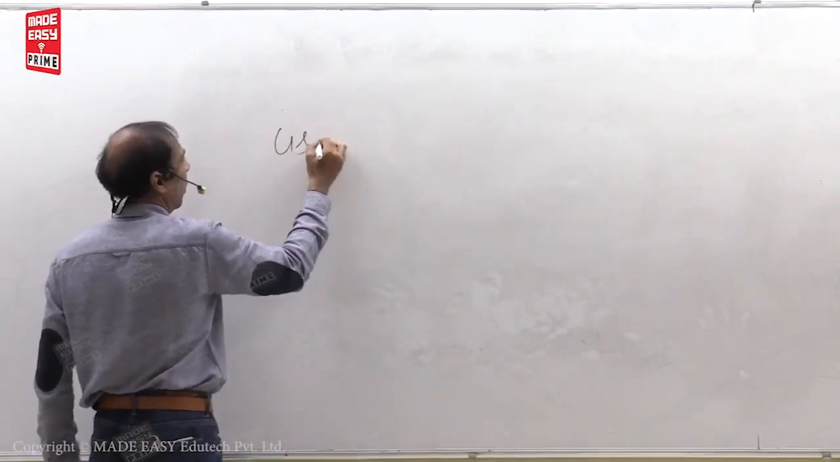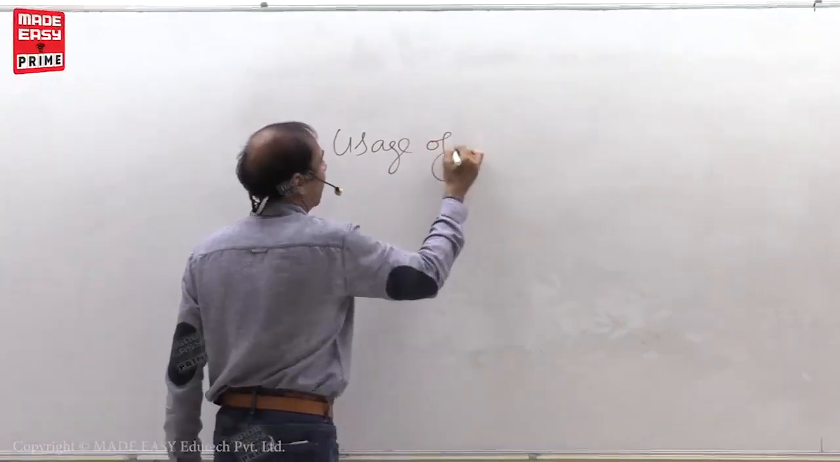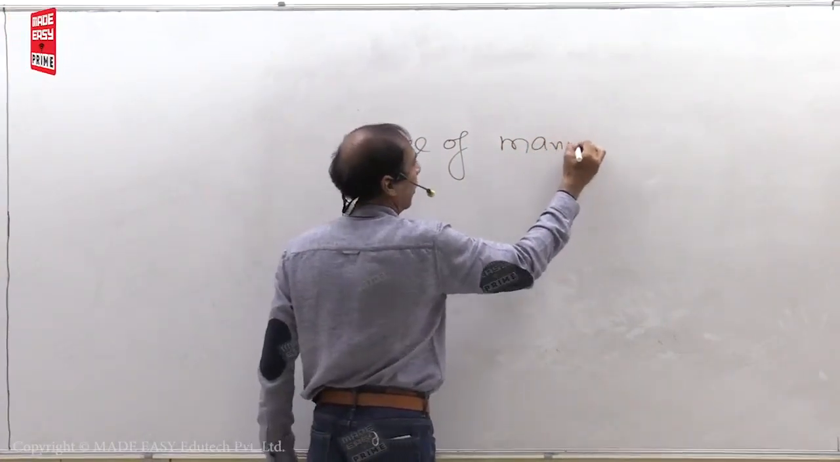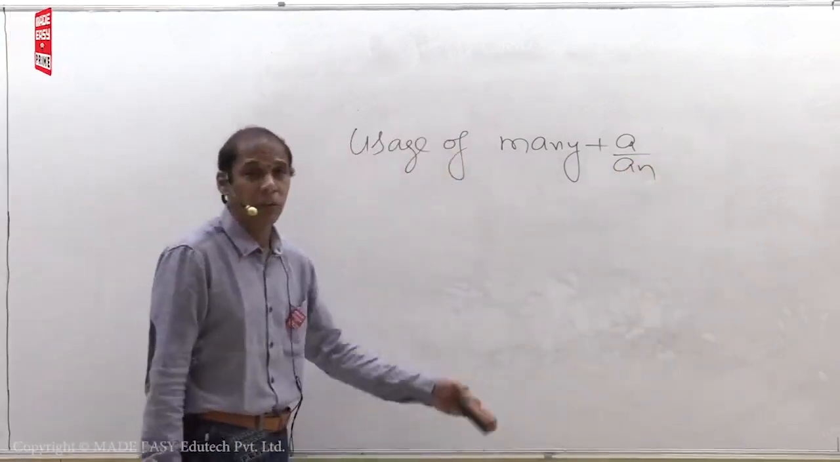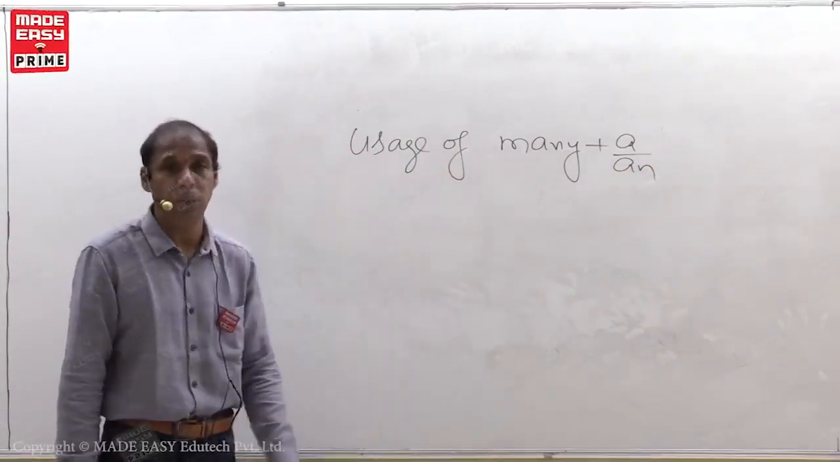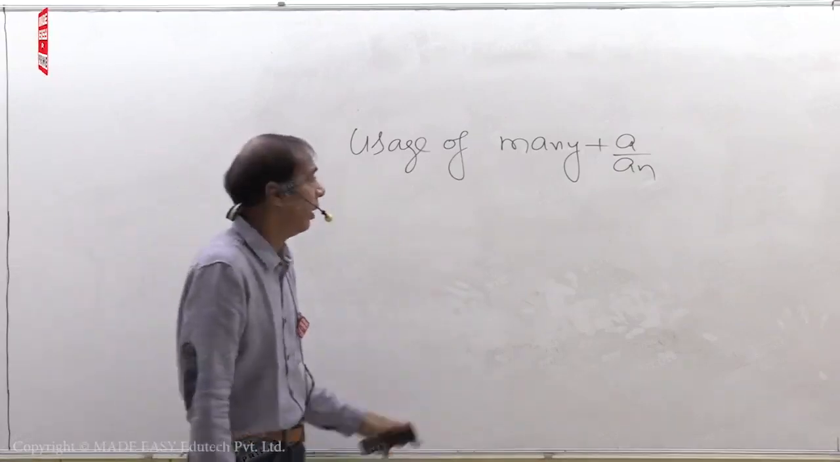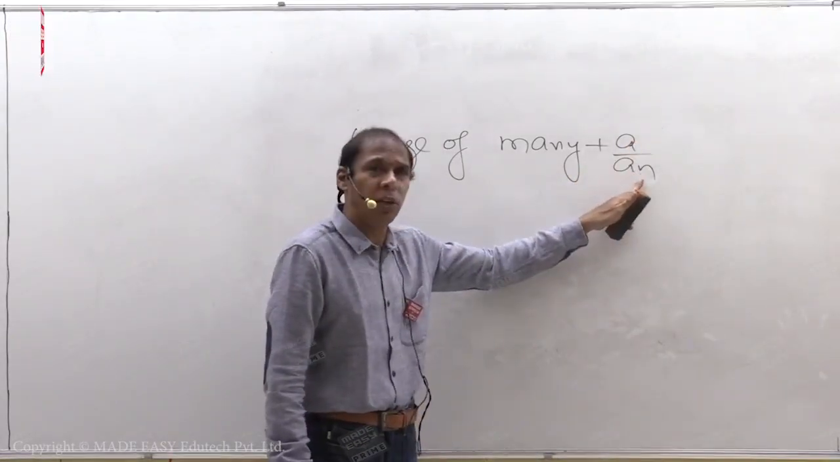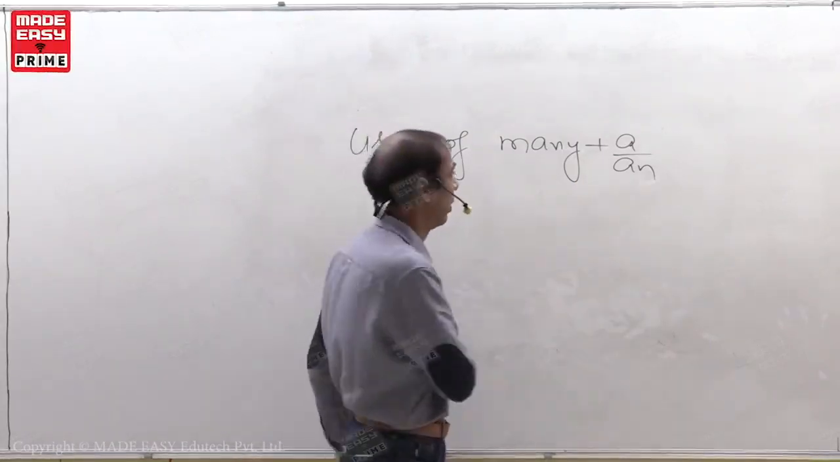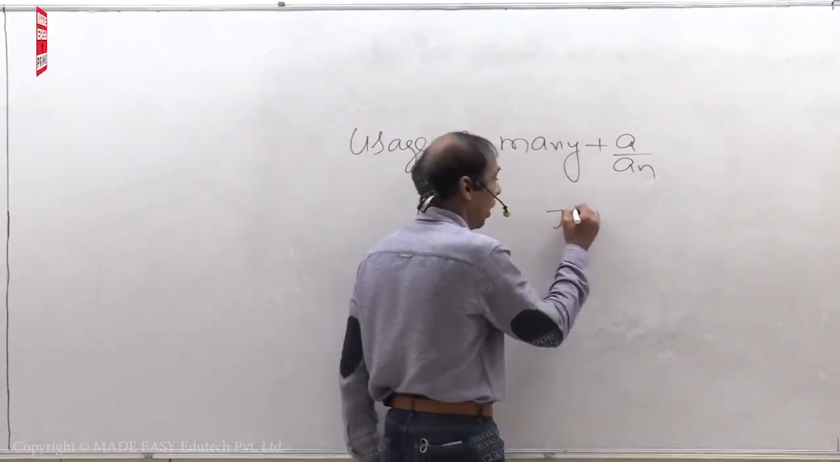Next. Usage of many plus a by n. Very important formula. Many plus a by n. Before consonant sounded words, a. Before vowel sounded words, n. That you know, right? See, this formula takes